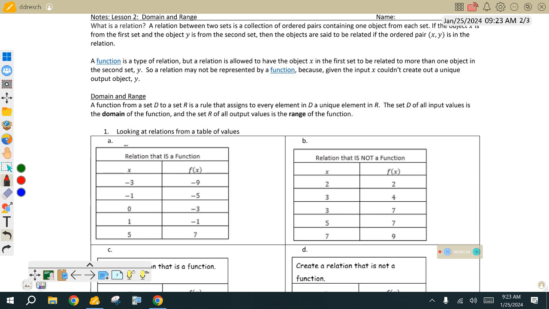Now, in math, we care when that relation becomes more of what we say is a function. So when does a relation, a specific type of graph, a specific type of equation, a specific type of word problem, become what we call a function? That's what we're going to try to see here today: when do relations become functions? And then after that, what types of functions are out there? We're going to see the different types of families out there for our types of functions in